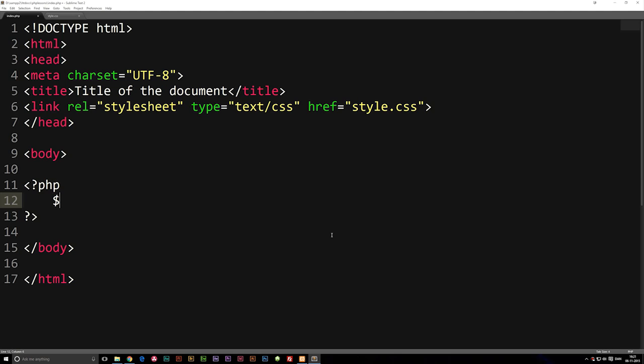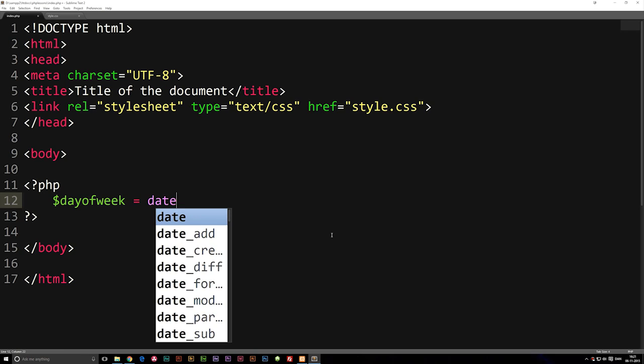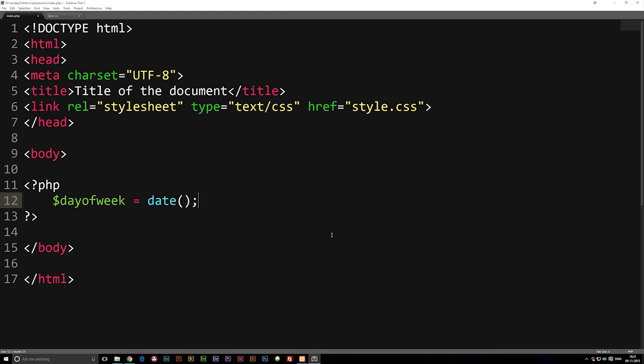Now, you guys can call it whatever you want. I'm going to go ahead and call this one day of week. And I'm going to go ahead and set it equal to a function called date. Now, date is a function that's inside PHP already. We didn't actually create this. It's already existing. And there's a lot of different parameters we can put inside the date parentheses,